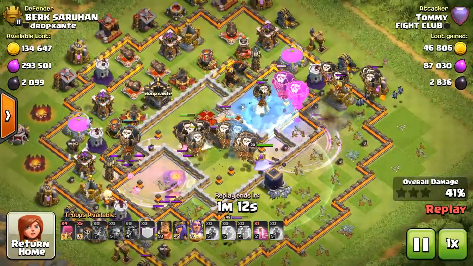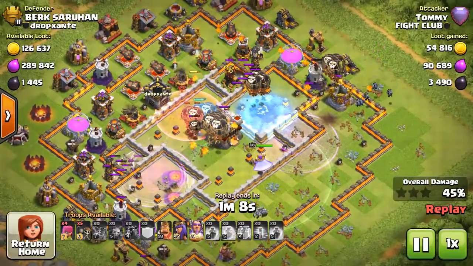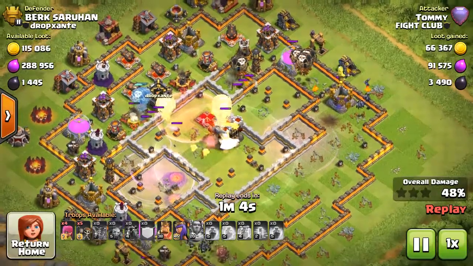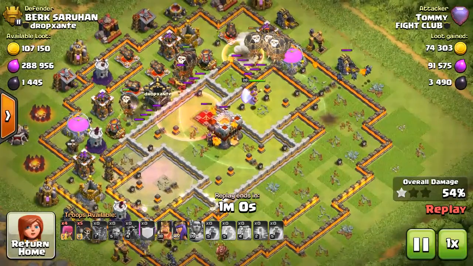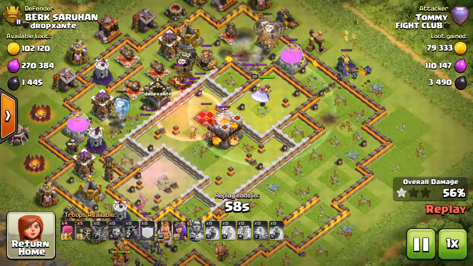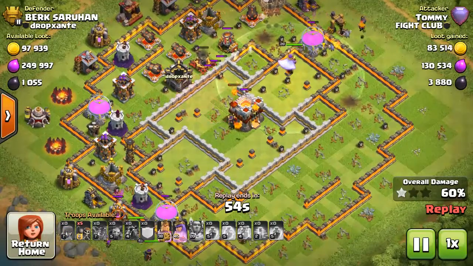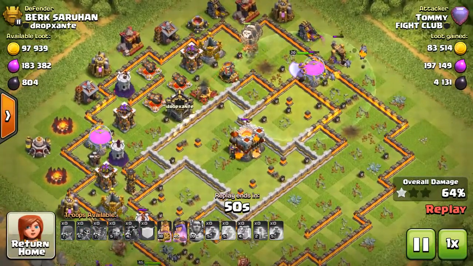But I always try to do the balloons, so it gives me an extra total of like 31 balloons, I believe it is, because I take 24, and then clone spell gives you another 7. So that's a total of 31 balloons. And you can see here, I didn't get the town hall, which